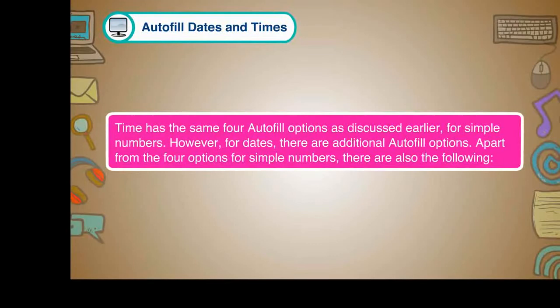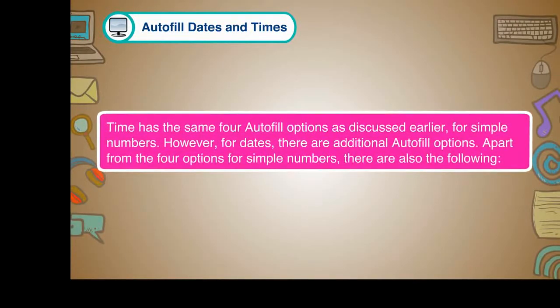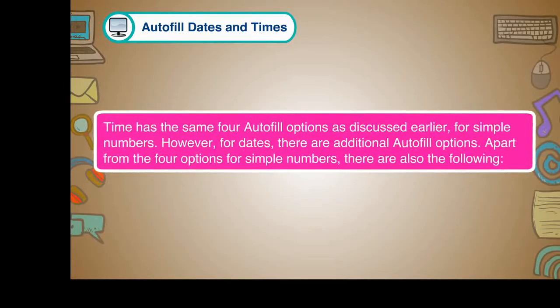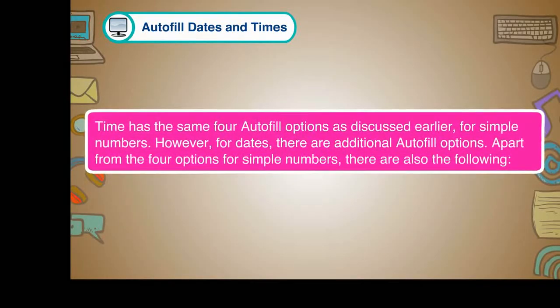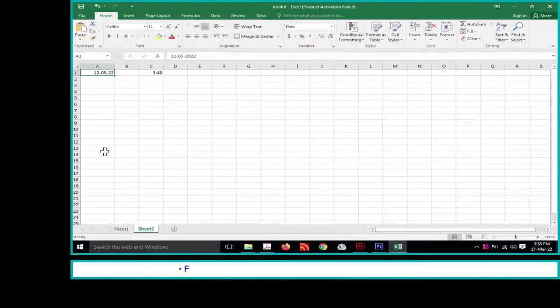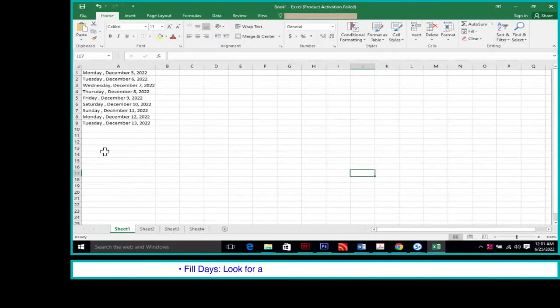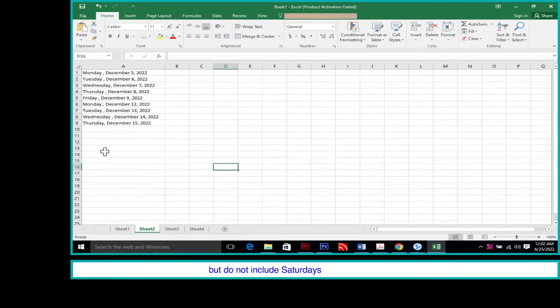Time has the same 4 autofill options as discussed earlier for simpler numbers. However, for dates, there are additional autofill options. Apart from the 4 options for simple numbers, there are also the following. Fill days. Look for a pattern in the day when filling the selected cells. Fill weekdays. Look for a pattern in the day when filling the selected cells, but do not include Saturdays or